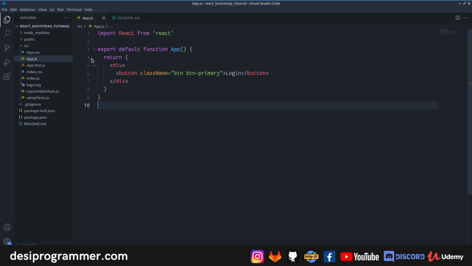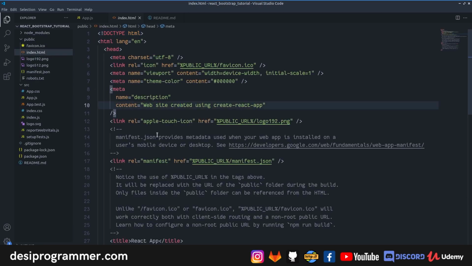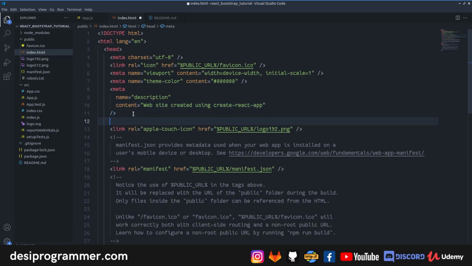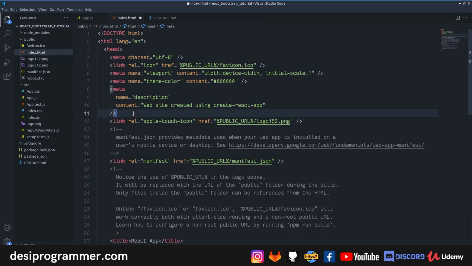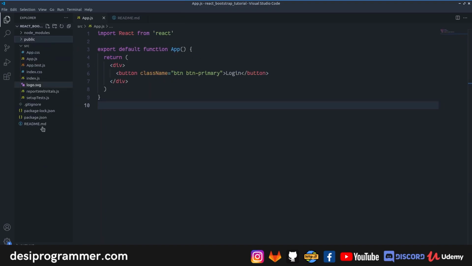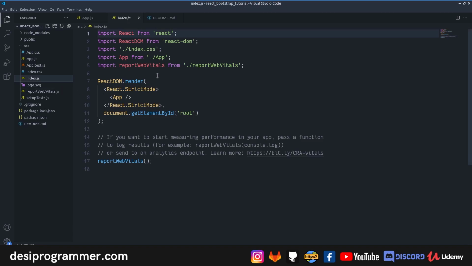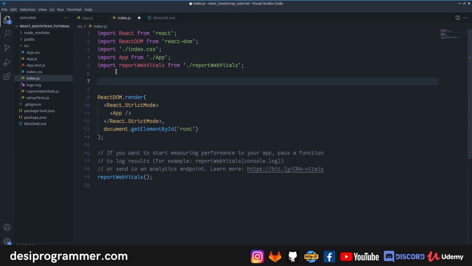Now one way of doing that is introducing your bootstrap file here. In your index.html you add your bootstrap CSS. But I'm not going to do that. I'm not going to use CDN here because I'm actually going to customize, which I can't do if I add a bootstrap link here. So I'm going to close this. In your index.js, remember when I said that if you are importing any file here, it's going to be global. So what I have to do simply is import the bootstrap file here, and it will be a global CSS. It will be applied to all the pages and I don't have to do anything extra.